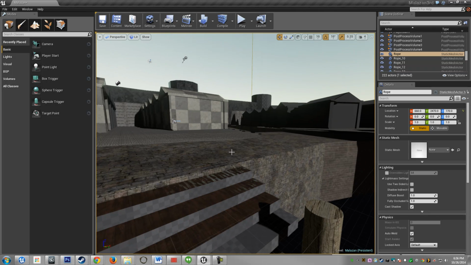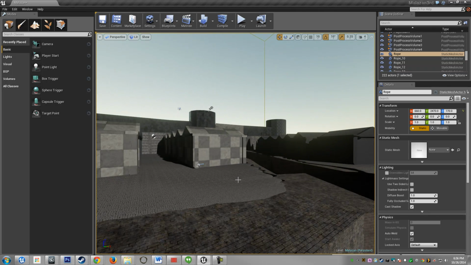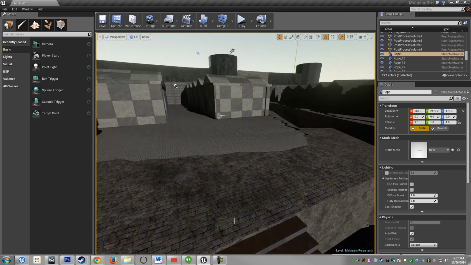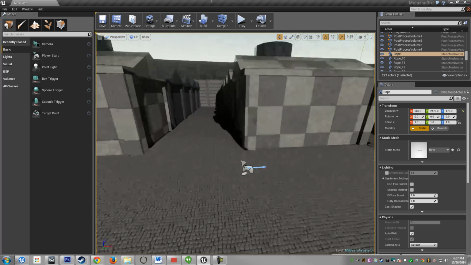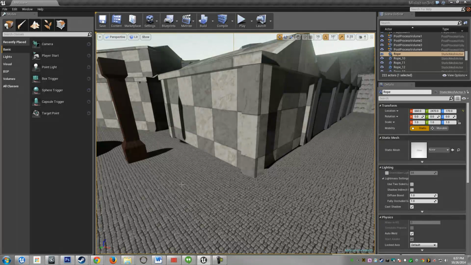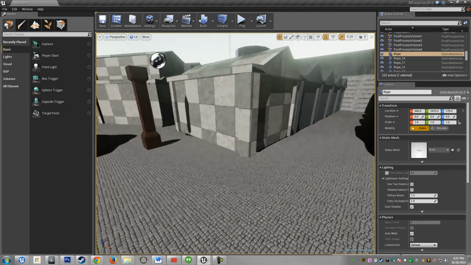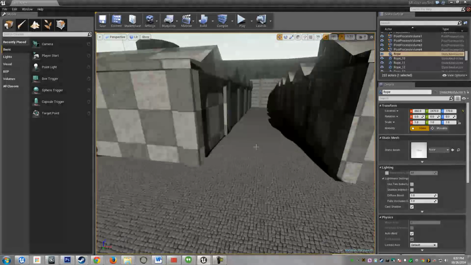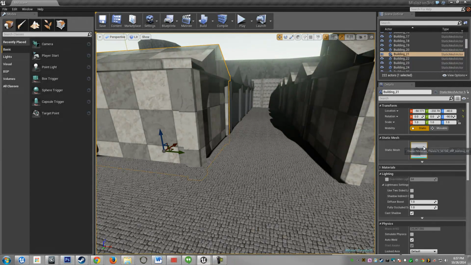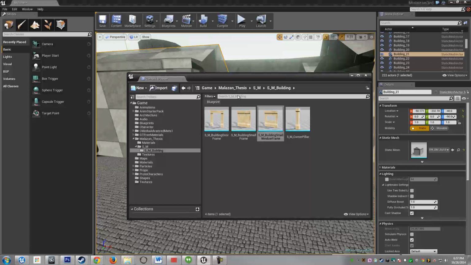Good evening. For midterm, I wanted to clean up a lot of the level, go through the light maps that I was missing on the models so that I wasn't getting those weird artifacting shadows that you might have seen in the last video. So if I show you, let's bring over the content browser and go to